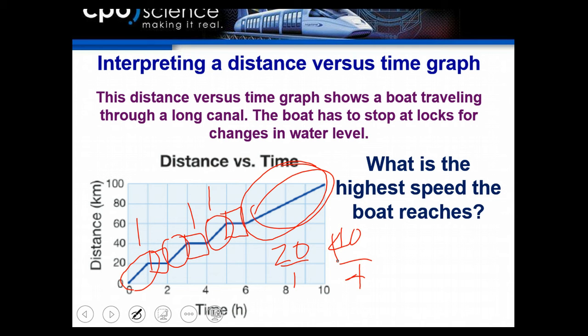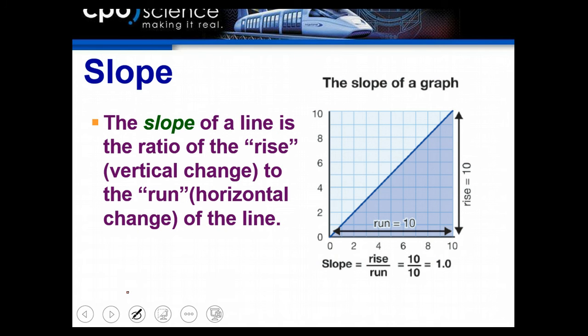So, the first three sections, they're all going the same speed. So what is the highest speed the boat reaches? 20 kilometers per hour. And that would be at 0 to 1 hour, 2 to 3 hours, and 4 to 5 hours. It doesn't ask us for that specific information, but